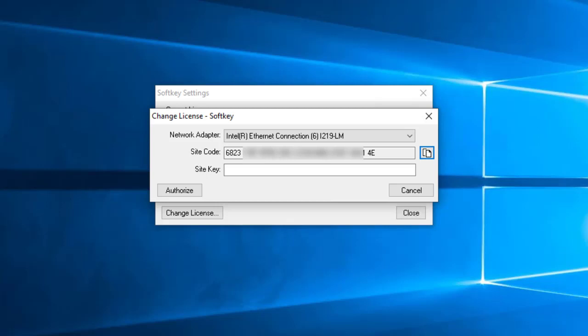I am going to get my site key back that I've already pasted to the clipboard. Okay, there's the site key that I got back, and what I requested in the site key